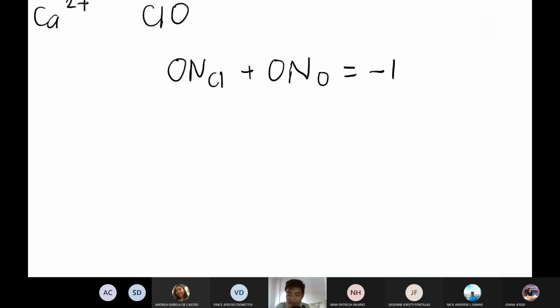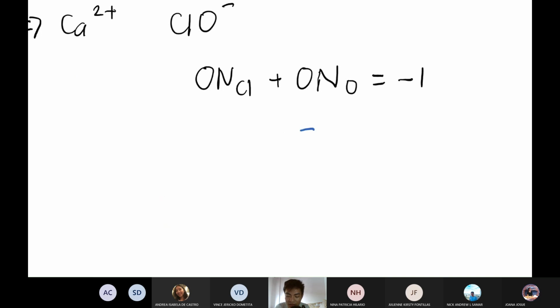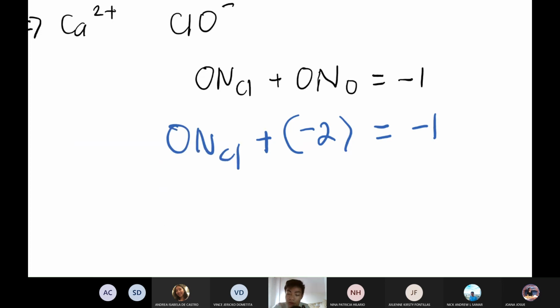According to the table, oxygen is -2. But for Cl, it says except oxygen. So when its bonding partner is oxygen, let it be X, because its exact charge isn't specified. Again, -2 for oxygen because it's in the table: in any other compound it's -2, in a peroxide it's -1, and this isn't a peroxide since oxygen and Cl are adjacent. But for Cl, when it's bonded to oxygen, that's an exception, which means you solve for it.